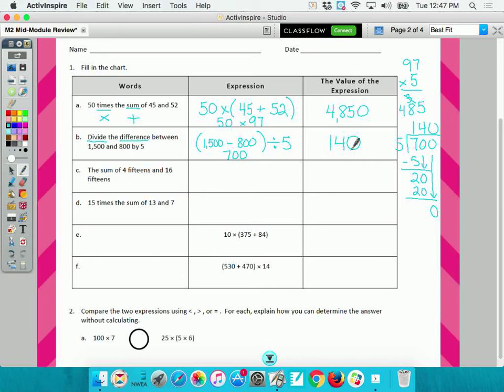Okay, C is pretty hard, but you can do it. The sum of 4 15s and 16 15s. Morgan, what math words should I underline? Sum. Uh-oh. That's not enough math words, is it? Yeah. So they left something out. Okay, so I'm going to say this a different way. All right. Do you remember, Yossi? The sum of 4 groups of 15 and 16 groups of 15. The word of is for